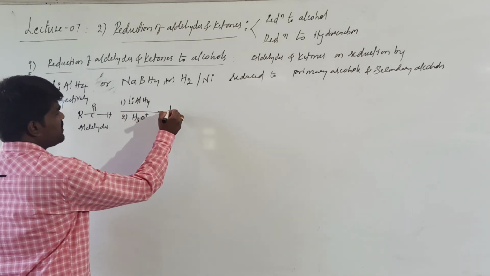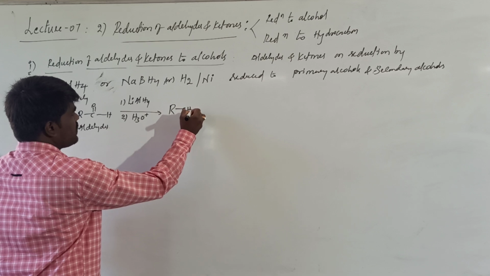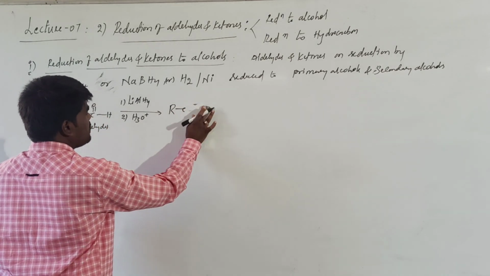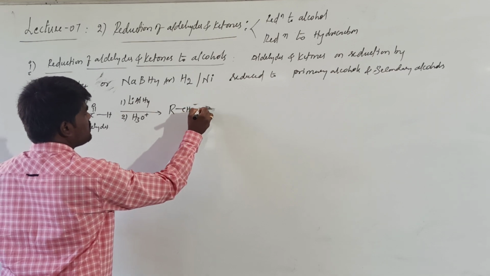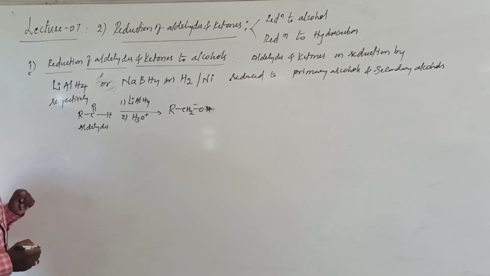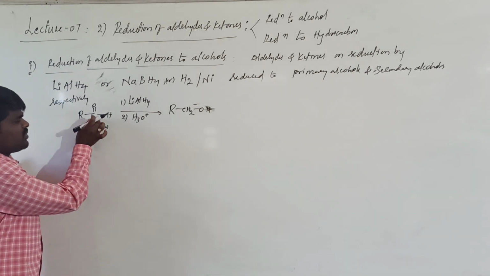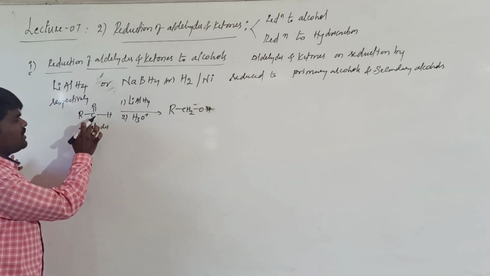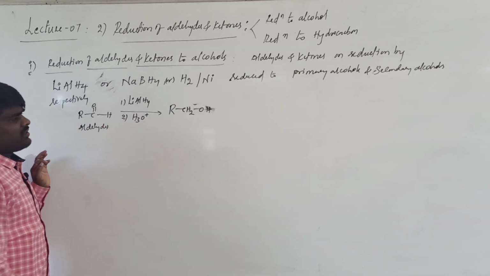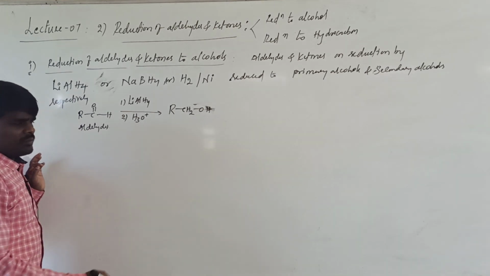here you have to convert this into a primary alcohol. This carbonyl group should be here. What you are doing is adding two hydrogens to this carbonyl group. You have to add one hydrogen to the carbon and one hydrogen to the oxygen with the removal of the double bond. So that will be converted into the corresponding primary alcohol.